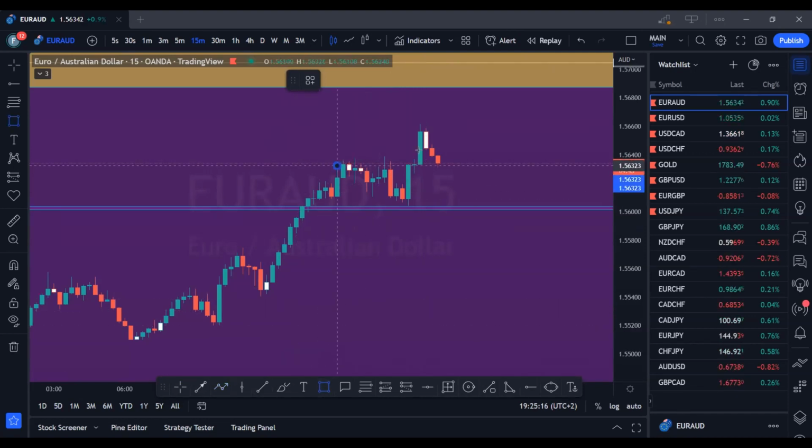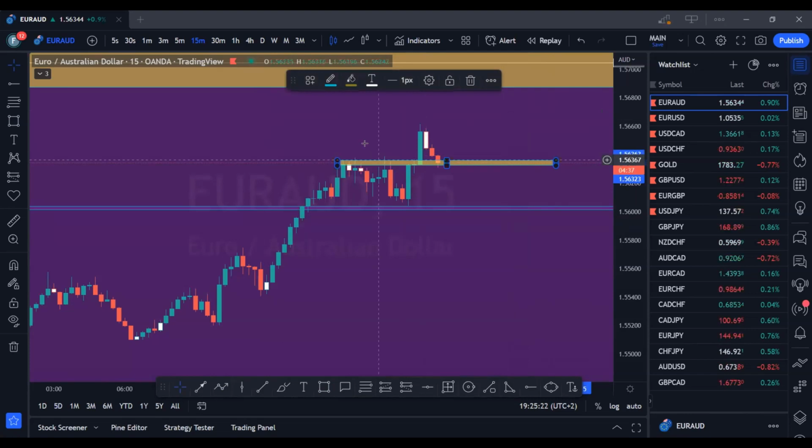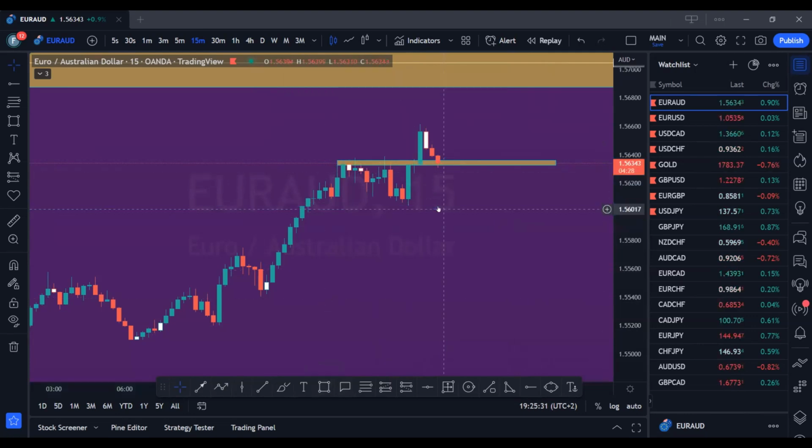Like so. So this is the left shoulder, like so. So if price should break this zone like this, and then we see a break of this zone. If we see a break here,